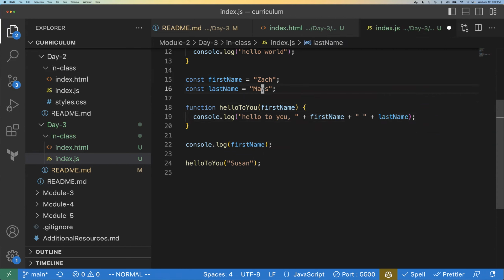And her last name is not Mays at the moment. Or ever. I don't think we're gonna have her change her name. But anyway, so